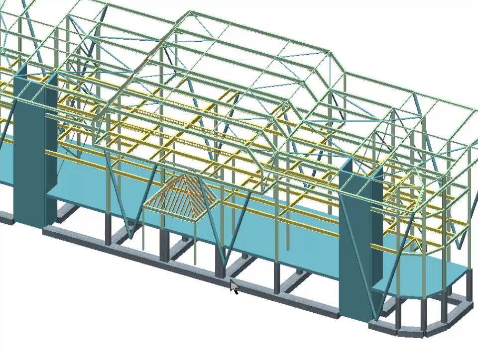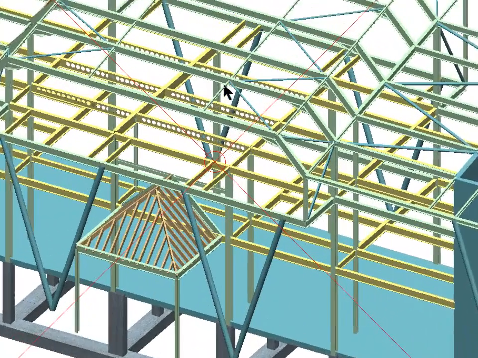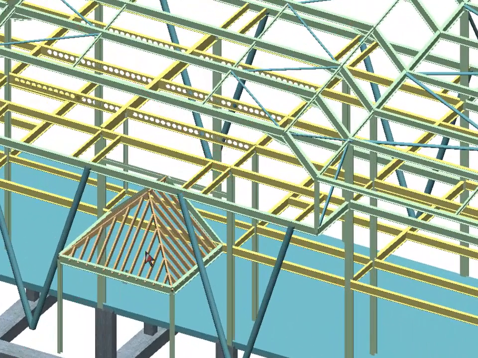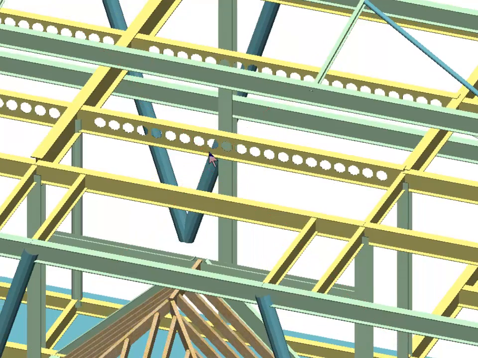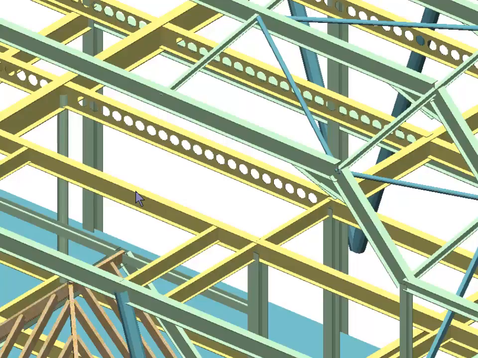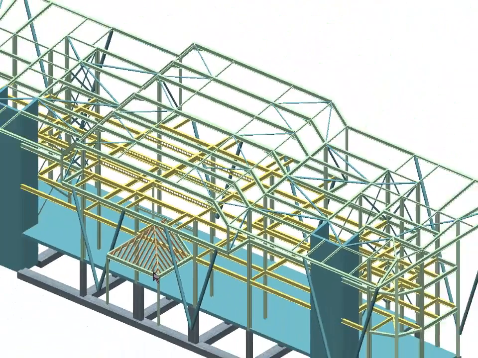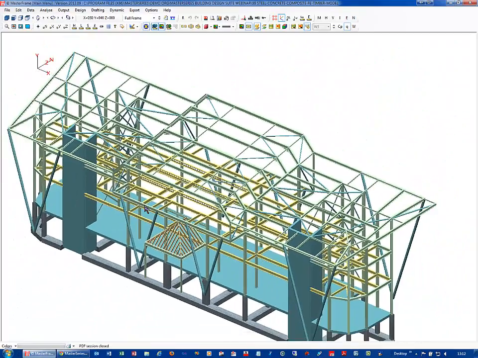and I zoom right in, and you'll see I have a timber canopy out front. Well, not a canopy because it's supported in columns, but you know what I mean. A timber structure out front. I have yellow members are my composite beam members, and then my green members are my main steelwork. Structural beams with openings in them as well, all in this one beautifully put together model for you. So that gives us a good idea of the scope of what we can do inside